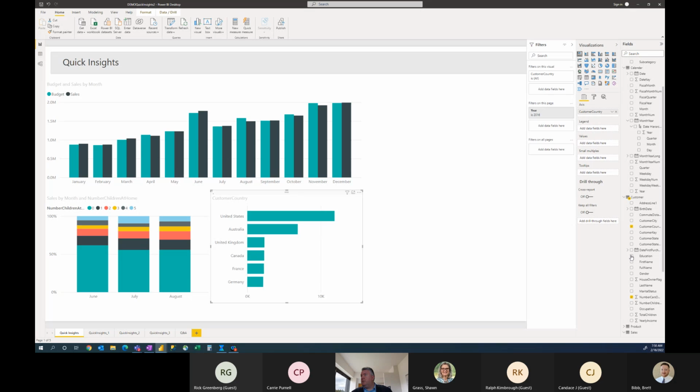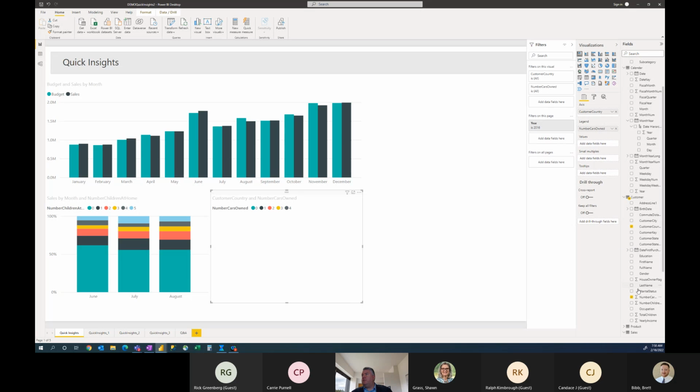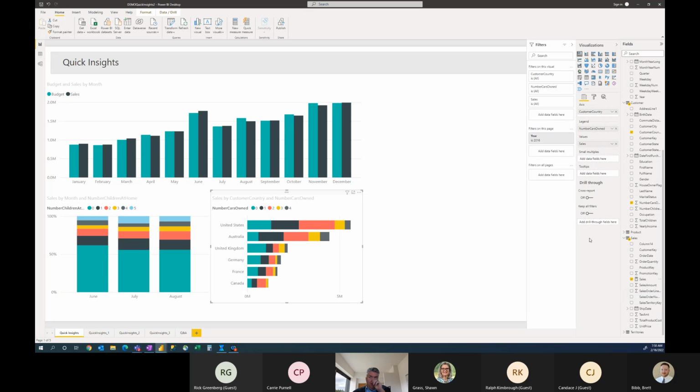And I put it in the wrong place. We want that on the legend because we want our sales, as I mentioned before, to be our driving force on values. We're measuring everything by sales. Right off the bat, you get a couple of bits of information baked in. We can see my sales are highest in the United States, followed by Australia and the UK,